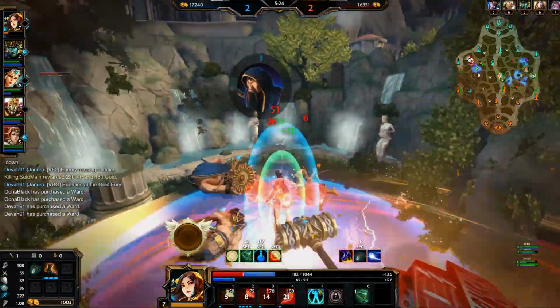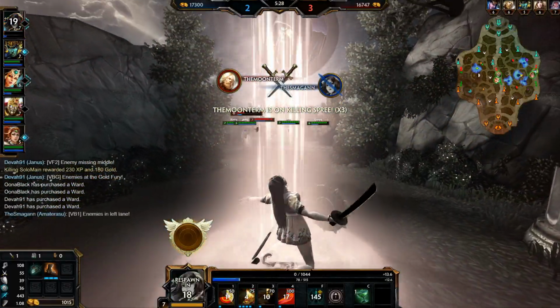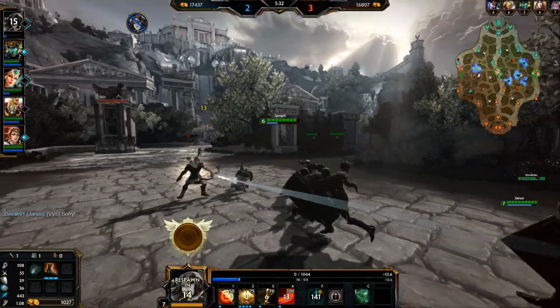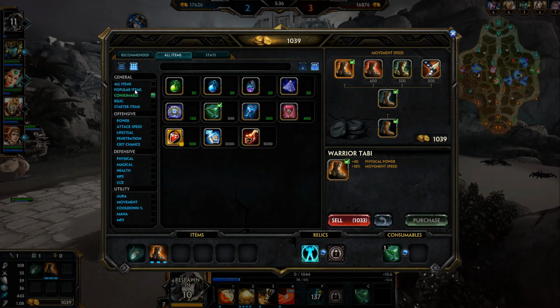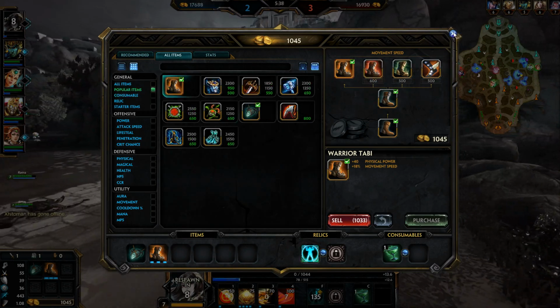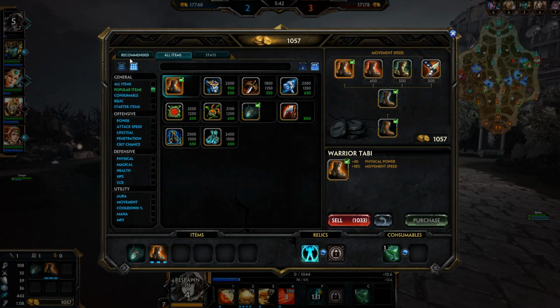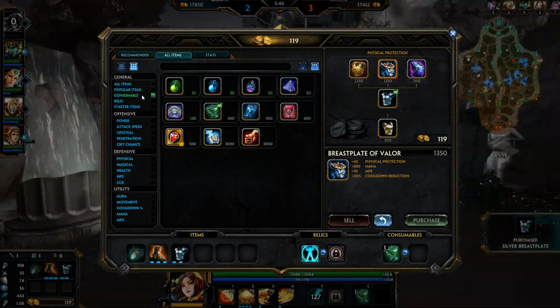Oh, that was a nice stun from him. Really good stun from the Thor right there, stopping my dash. I didn't actually think he had enough mana right there, which is unfortunate, but good rotation from the Zeus as well, because Thor couldn't have gotten us by himself. But we're going to go for, let's see, I guess I'll just go for the breastplate first. I mean, we're against Loki, so